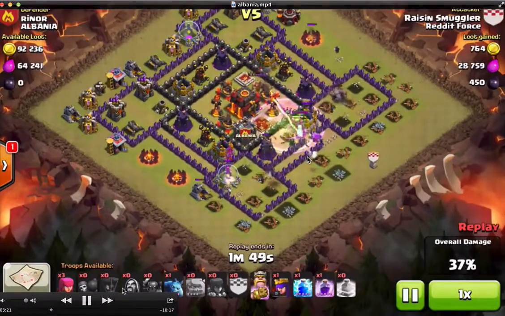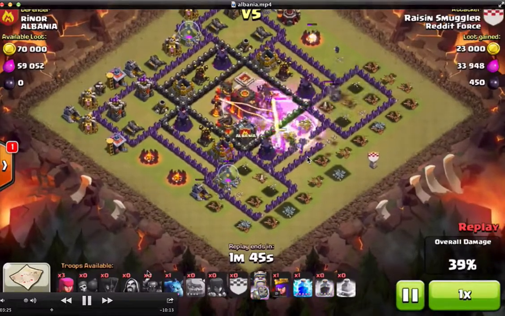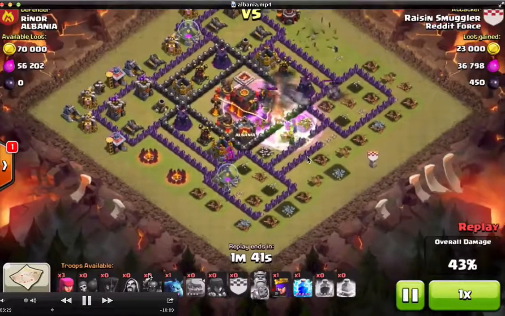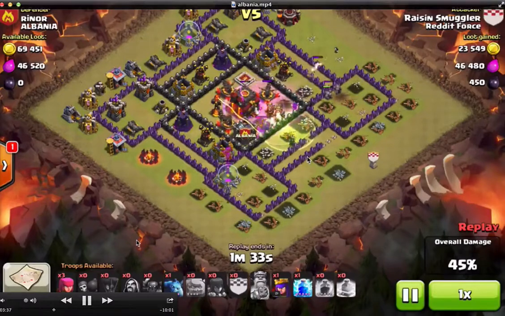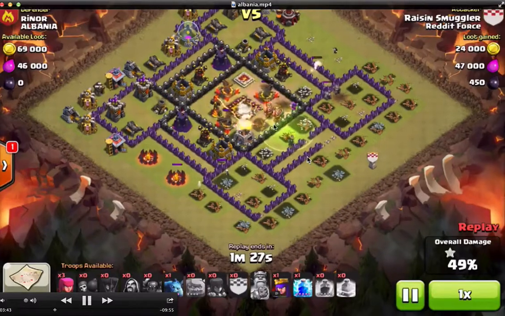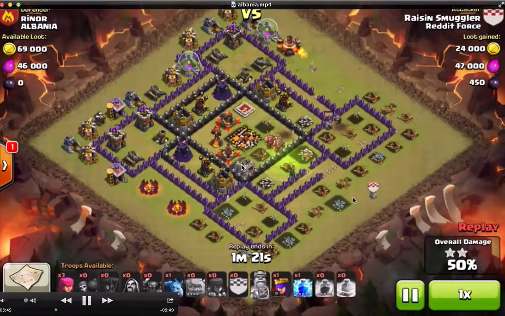But she did choose the single target side. Typically, I would do the multi-target side, but this ended up working out for her pretty well because her tanks were able to get in there. There were so few buildings to go and process that they were able to run in pretty much all on their own. And that one maxed out P.E.K.K.A. was enough to take out, under rage, the town hall as well as a few of those defenses. So at this point, she's at 50%, and she hasn't even dropped her Archer Queen, and she's